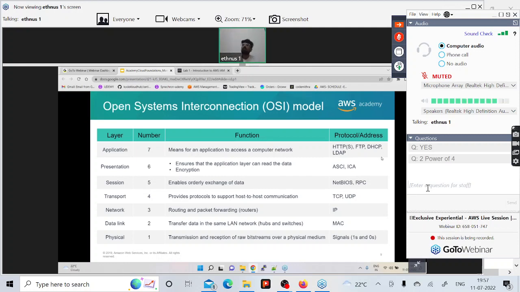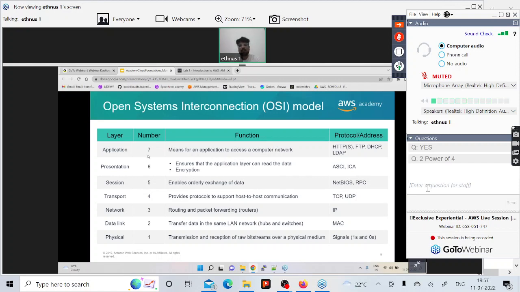Now that information will come to me. It is going to come to my machine. So how that whole data travels through all these 7 layers, that is the representation of the OSI model. So this application inside Nitin's machine is the GoToWebinar application which has generated the data, that is the question, and it has sent it to me. It has sent it over the network. So the application layer is mainly responsible for generating and sending the application data. Now